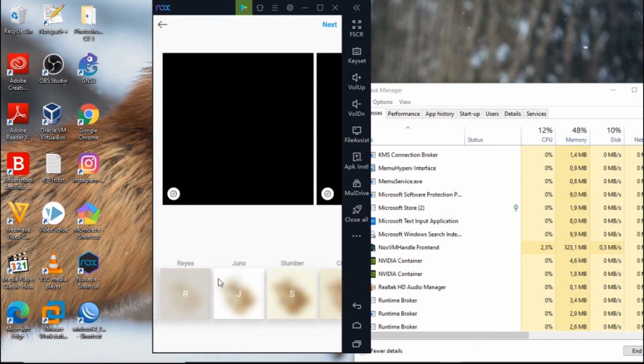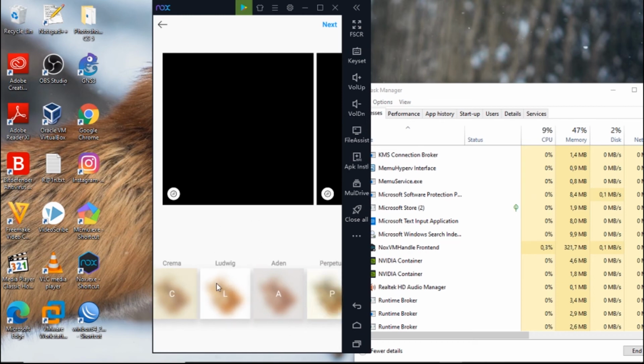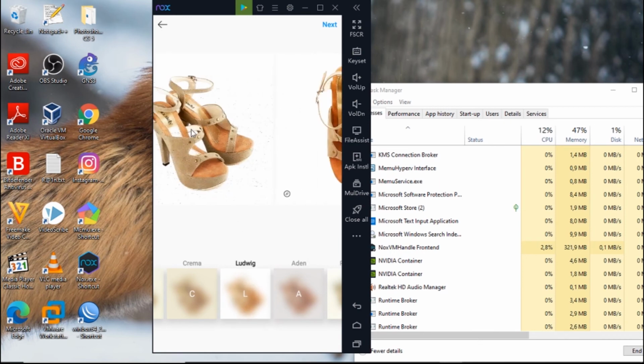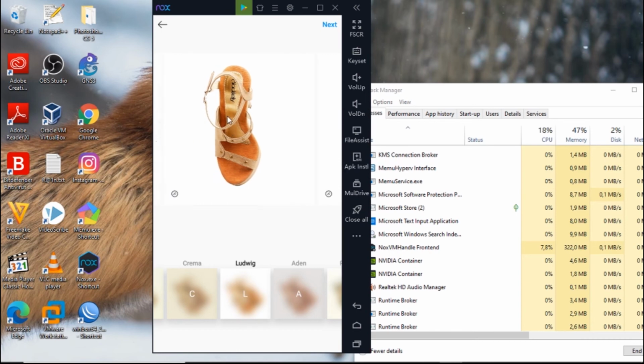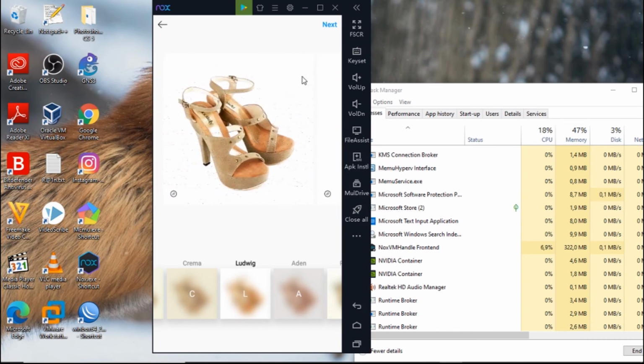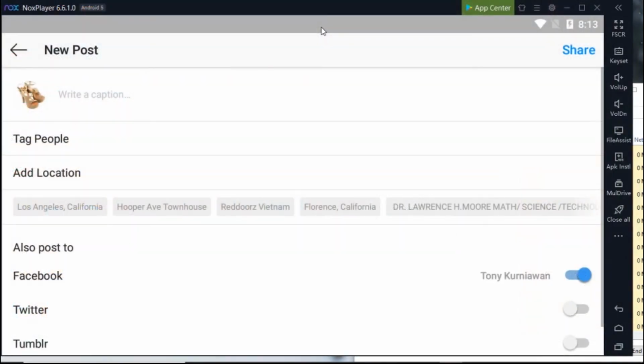I don't know why, but we can work around it with Ludwig. This is the same quality as normal. And then next, yeah, you can tap the description or something else here and then post.